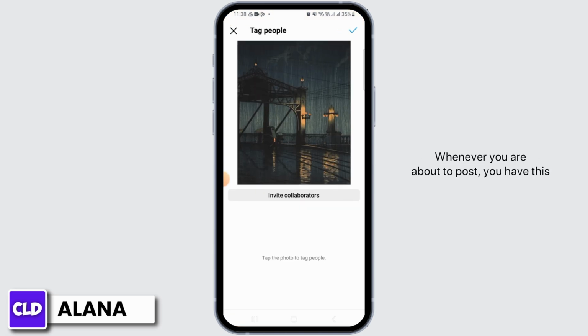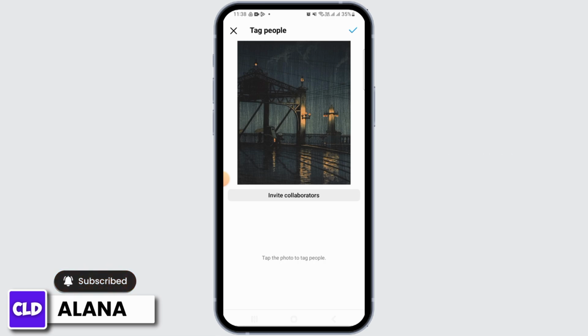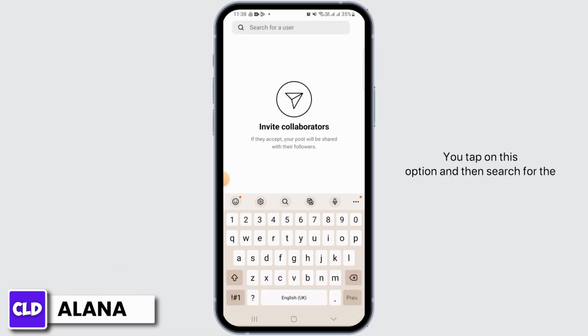Whenever you are about to post, you have this option under tag people of invite collaborators. You tap on this option and then search for the collaborators. If they accept, your post will be shared with their followers. However, if this option is not showing in your Instagram account, in this video, I'm going to show you a few